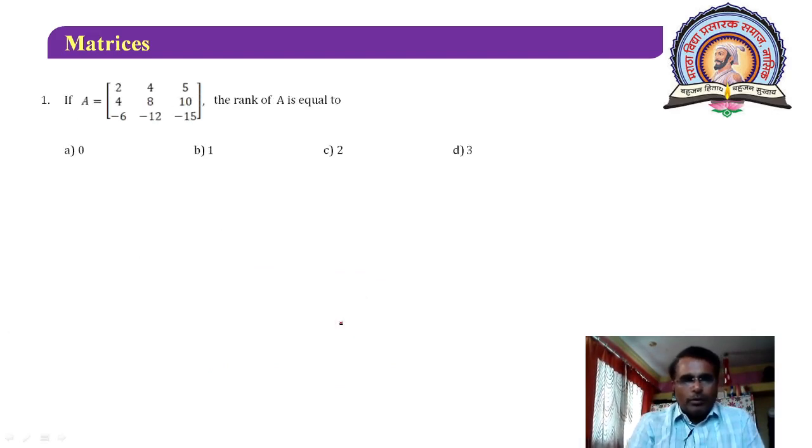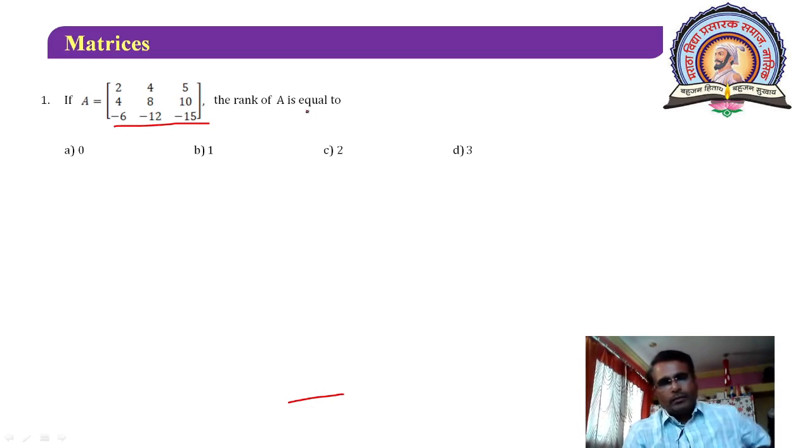And now we are going to consider some MCQs which we have prepared on the basis of the things which we have just seen. Suppose you have a matrix A: 2 4 5, 4 8 10, minus 6 12 minus 15, and we want to find the rank. For that we have to consider the determinant. Okay, and based on the determinant you can think about what the rank is. So, actually the solution of this is 1, the rank of this is 1. See why it is 1.